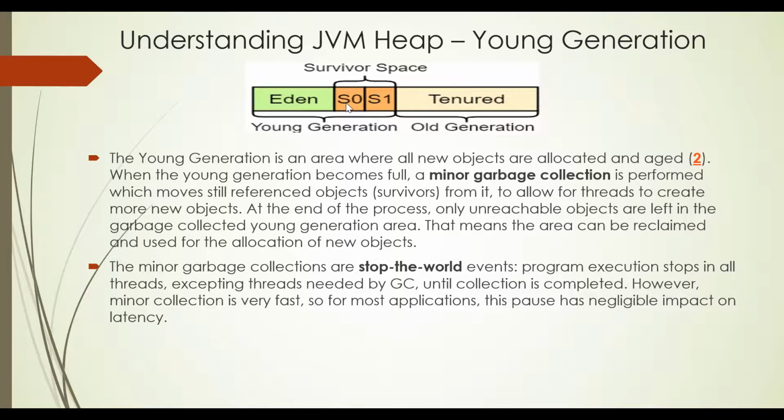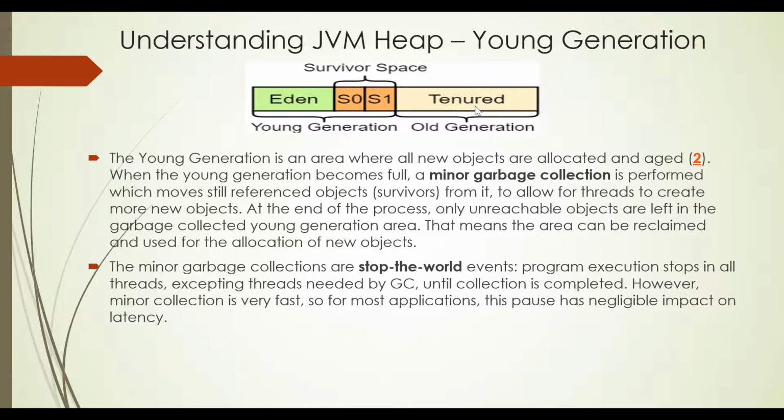Now, within the survivor space, we also have a tenuring threshold. This tenuring threshold is generally 15. If an object survives 15 cycles, moving from S0 to S1, S1 to S0, and so on, it will get promoted to the tenured generation. How this happens, we will see in detail when we go through the GC session.